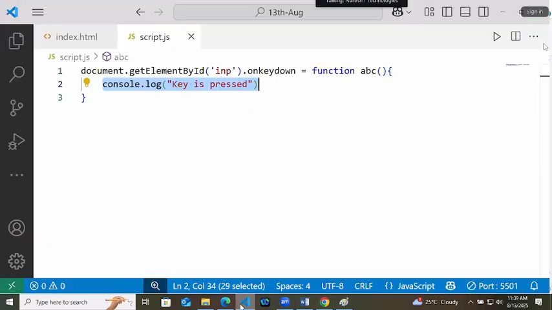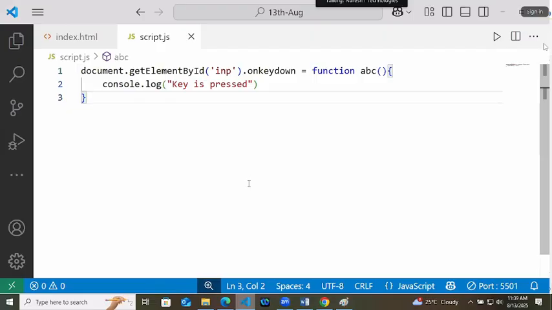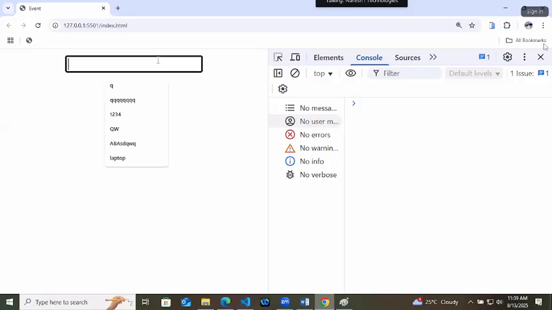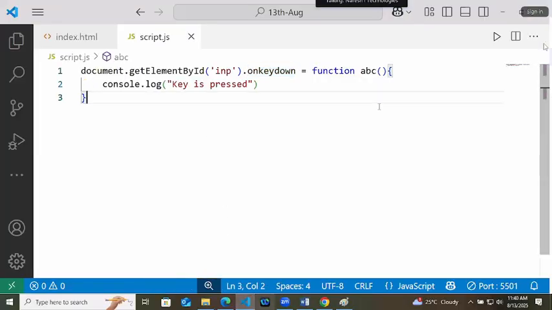So let's see how it is getting tracked. Till now JavaScript knows that onkeydown has the ability to call a function on any key, doesn't matter what kind of key you are pressing. So here I will do one thing: this function of ABC will have an event, and we are printing the same event to the console.